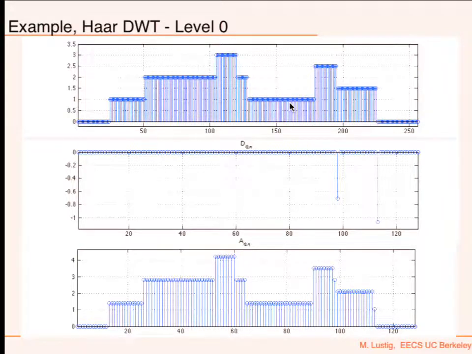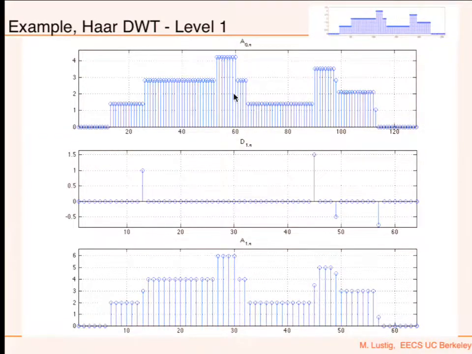Like we will learn later, when we talk about downsampling, we would see that we have to low pass filter and then downsample. This is a better approach for this class of signals. Okay, now we're going to take these approximation coefficients and perform, again, detail and approximation on them. So I took that, and now that's the detail coefficient. And again, they always are at an edge. Okay? That's why they're details.